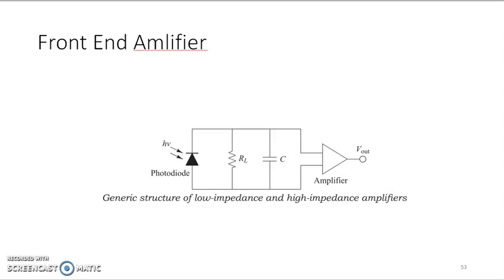To achieve this sensitivity and bandwidth, the front end receiver has a load, and if we increase or decrease that load resistor, it affects the performance factors of the front end amplifier, that is, the bandwidth and noise. The front end amplifier used in optical fiber can be classified in 3 categories: low impedance, high impedance,